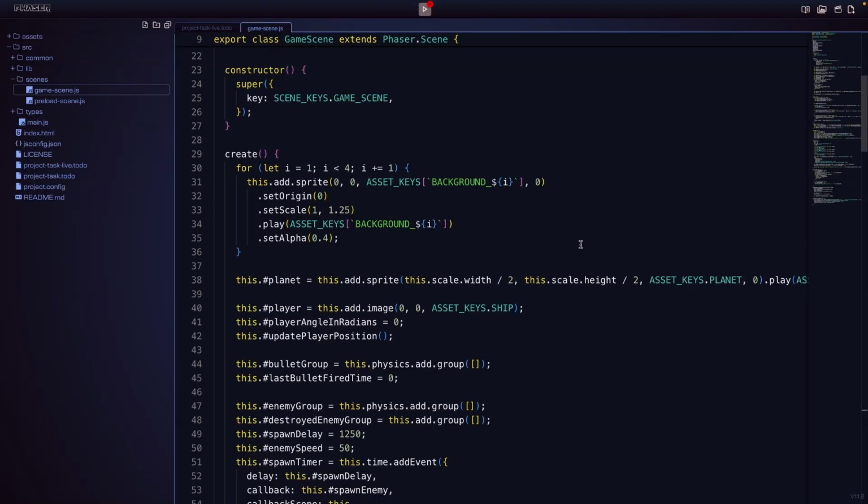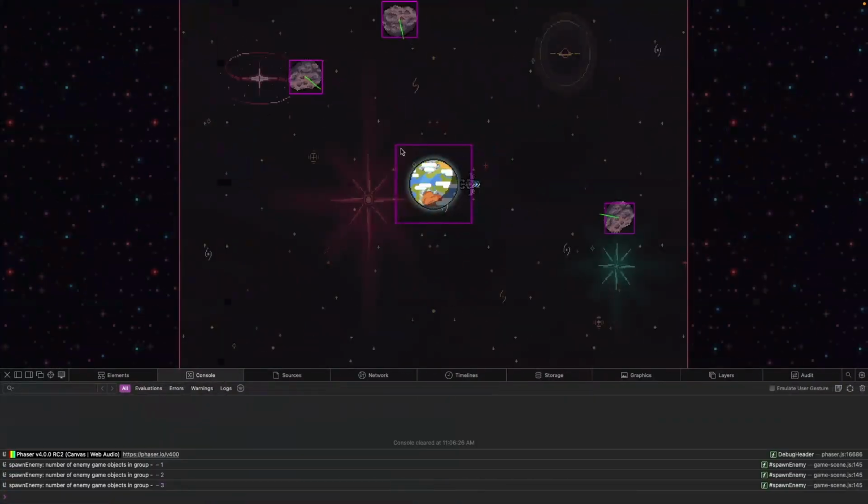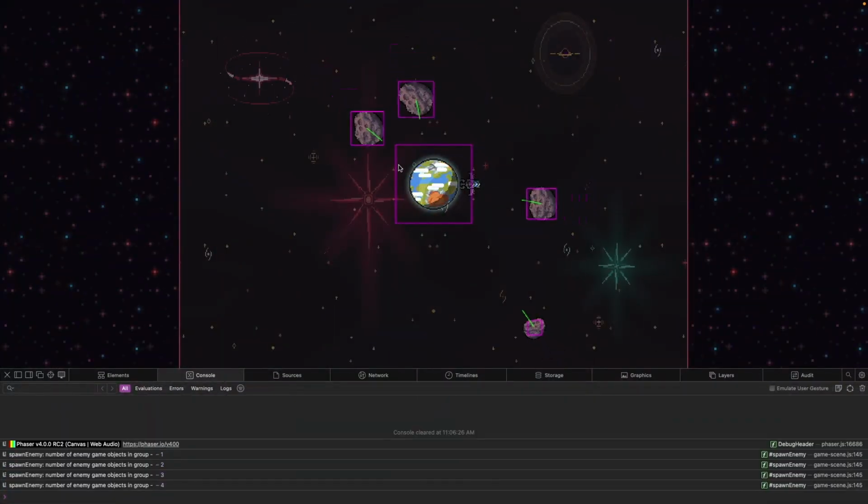For these changes, we need to enable our planet for physics. Currently, our planet game object is just a sprite, and so we need to update our code to do this.physics to reference our physics system, and then we'll do add.sprite. This will create a new arcade sprite game object that will have our physics body that we need. Now, if we save and come back to our game, we'll see our new physics body has been added to